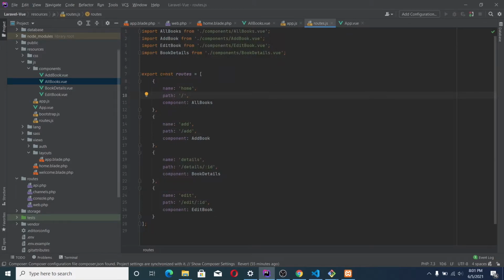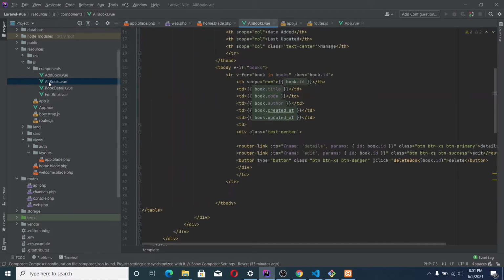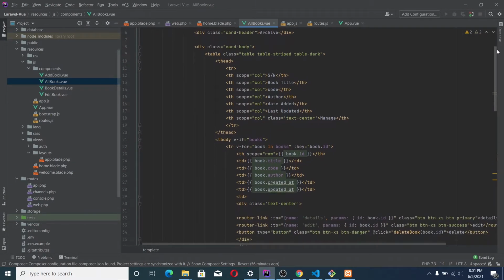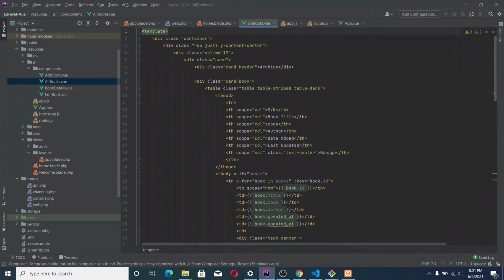by this route.js here. It's going to come here and check this slash route and see that you need to import these all books. And in these all books, just so that we don't waste a lot of time, I have just copied and pasted from the project I did here. So here we are defining a container.